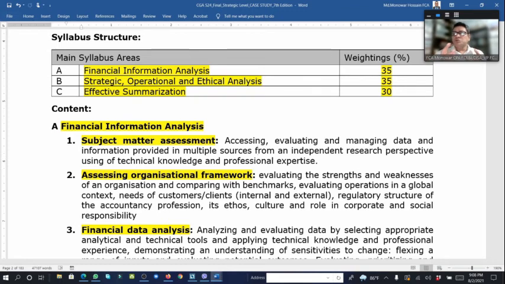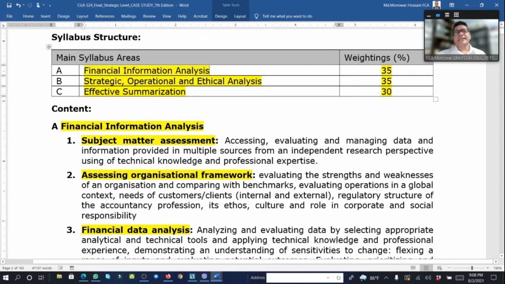So within that analysis, what we have to do: the valuation, the capital budgeting item, sensitivity analysis, risk analysis, etc. within that information line. And another 35% is strategic, operational and ethical analysis. That means for taking any decision, or ethics analysis, for example,